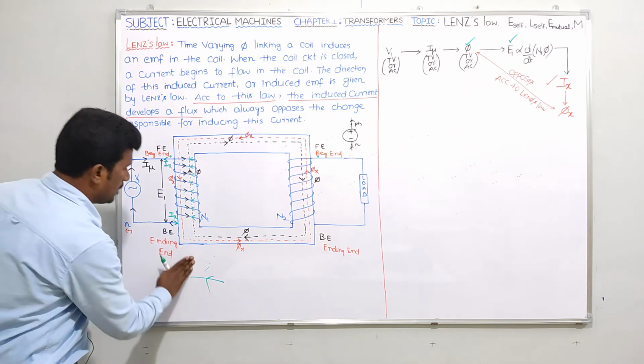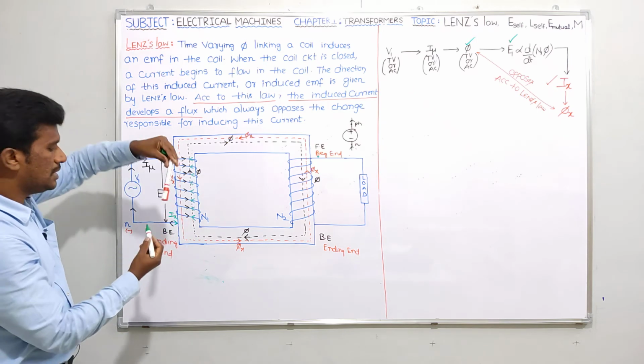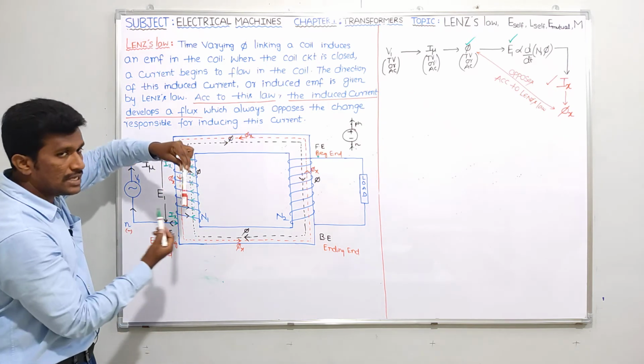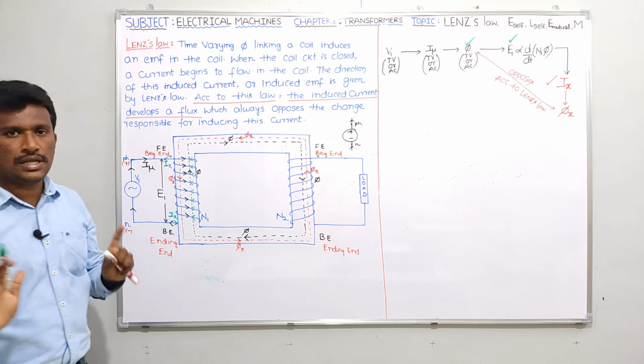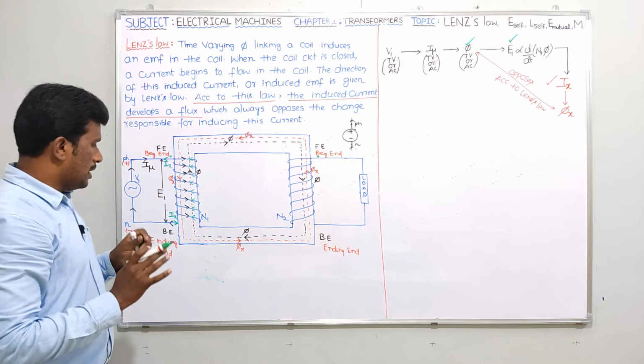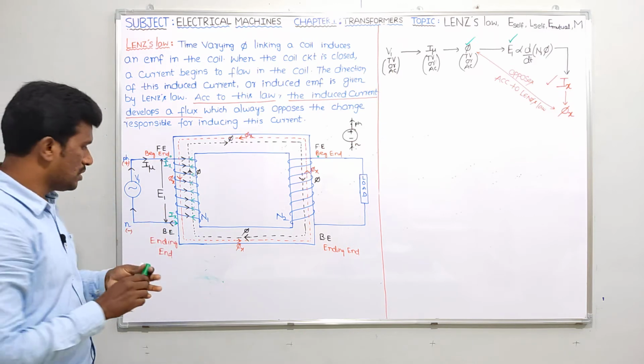Is it clear? Right. Now, yes, I got the direction of IX. It is entering at the back end, at the back side, coming like this. This is the direction of IX. Is it clear, guys? Okay, very good. Right. Now tell me, guys, a very simple question I am asking. Please don't confuse.